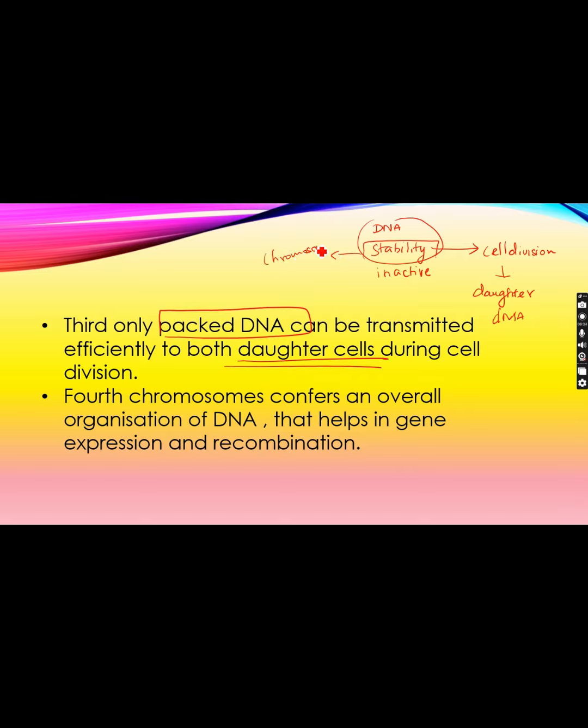For each set of daughter cells, the stability is very important, which can be helpful for the cell division. Otherwise, when it is unstable, it gets disintegrated. When the DNA gets disintegrated, it leads to loss of certain characteristics. But when it is stable, there is no disintegration, no loss of characteristics. Therefore, cell division occurs and the characteristics of